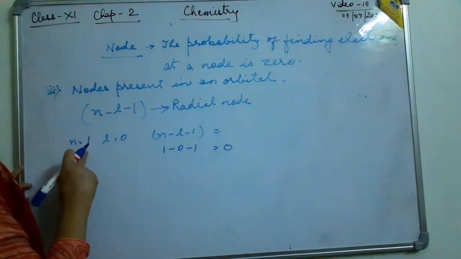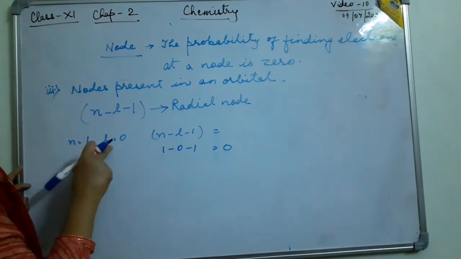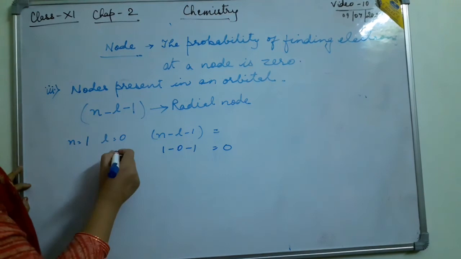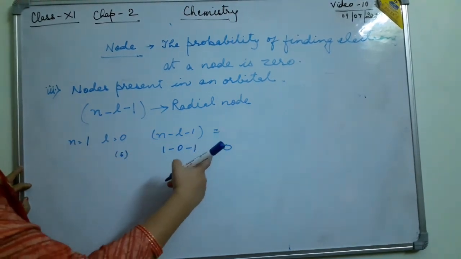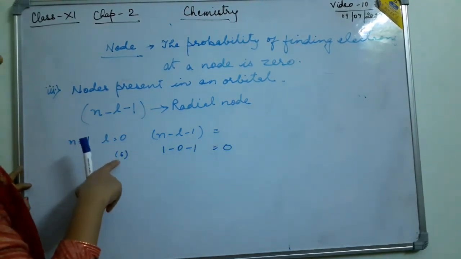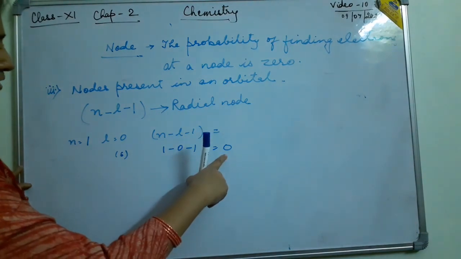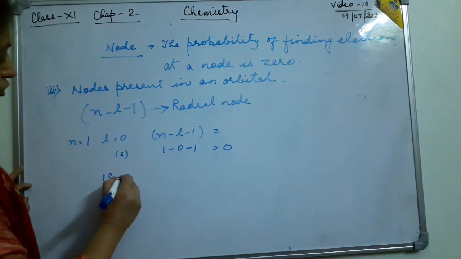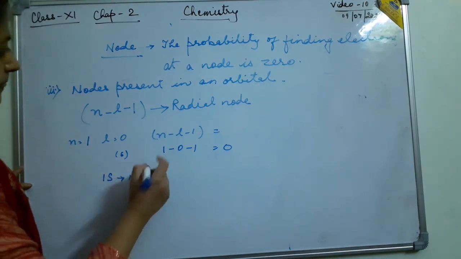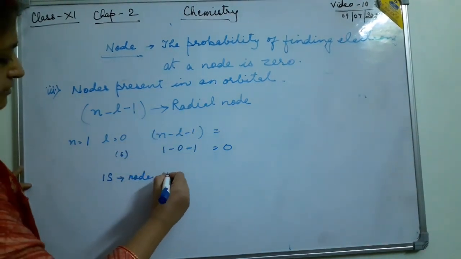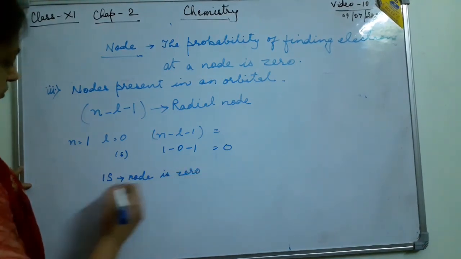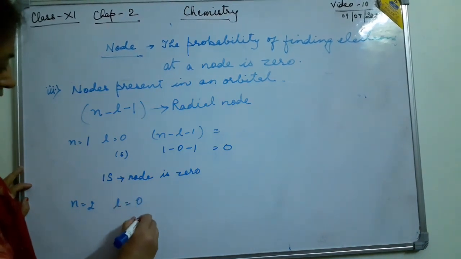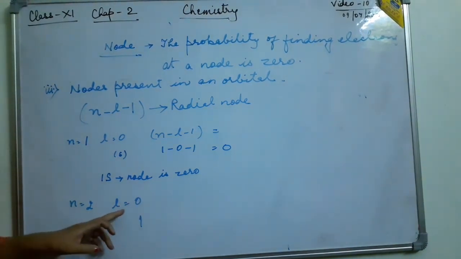Here n represents the first shell and L represents the s orbital. So for the 1s orbital, the radial node is 0. N equal to 2 means L equal to 0 and 1. There are two terms for